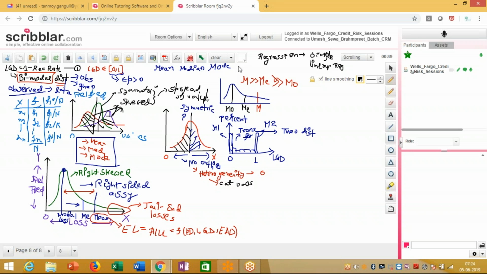Now before we go on to link this assumption to the symmetric distribution, and symmetric distribution to the bimodal distribution and the transformation, first we need to have a basic understanding of what linear regression, or any regression model, talks about. Any regression model simply tries to explore a causal relationship between the dependent variable yi and xi. So it says that the dependent variable yi is a function of